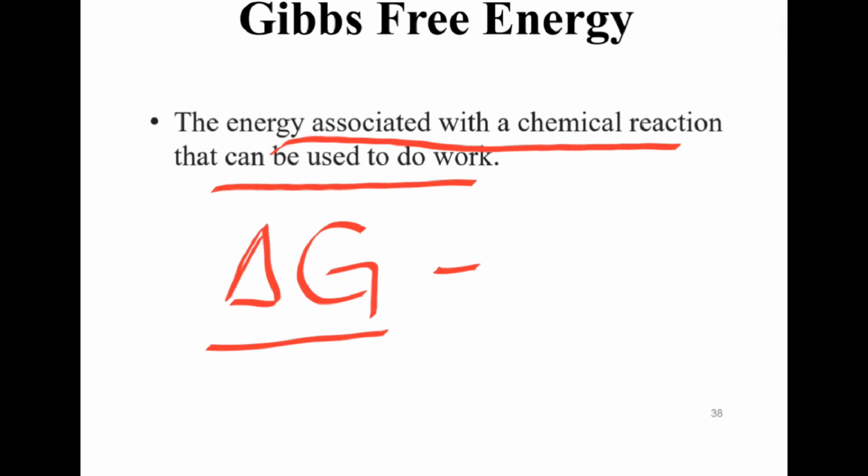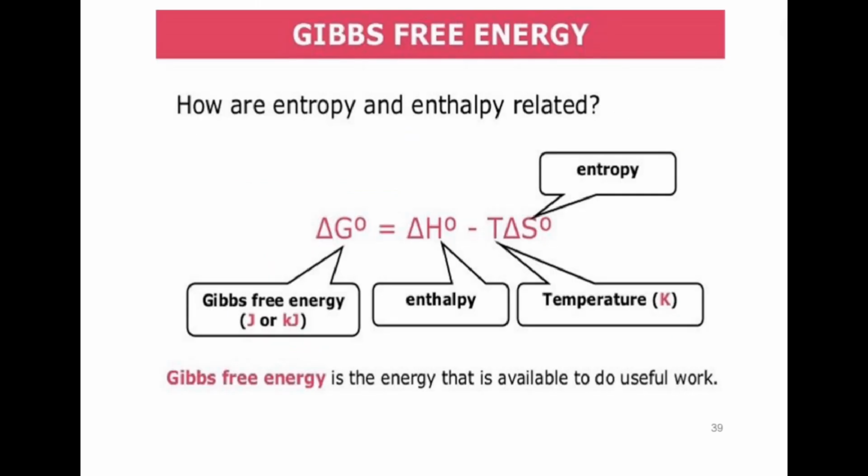And you have to remember, it is also an indicator for the spontaneity of a process. ፕሮሰሱ spontaneous መሆኑ አመላካች ነው ማለት ነው። This free energy is the energy that is available to do useful work. ጠቃሚ ስራዎችን ለመስራት የሚያስችል ጉልበት ነው ማለት ነው። Now, let us see how entropy and enthalpy are related ማለት ነው።